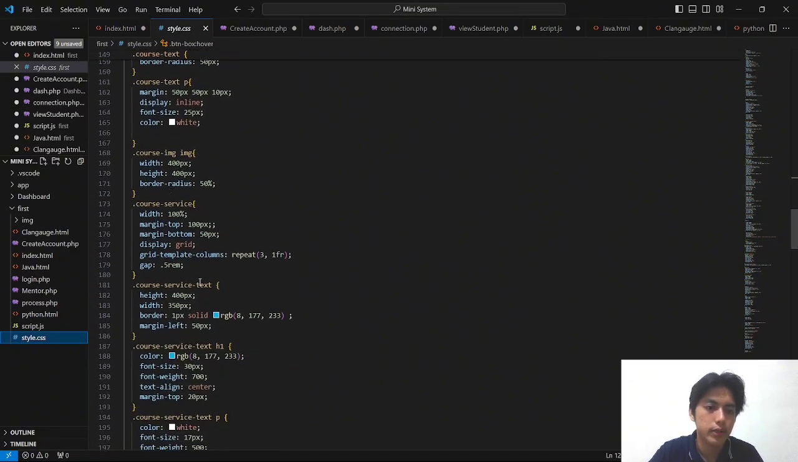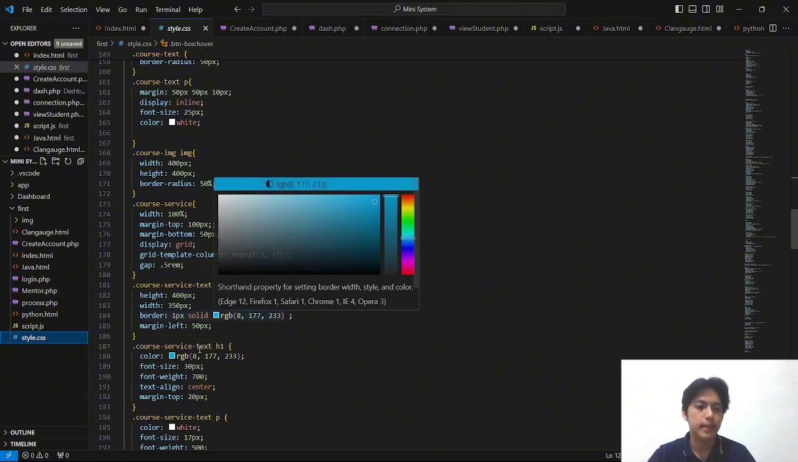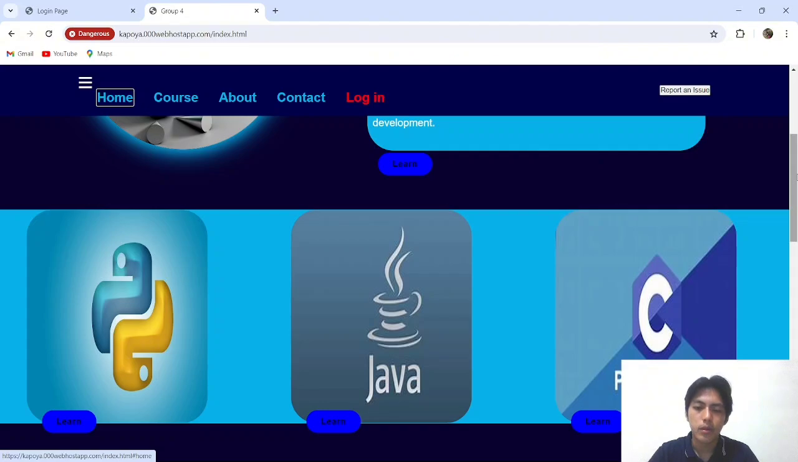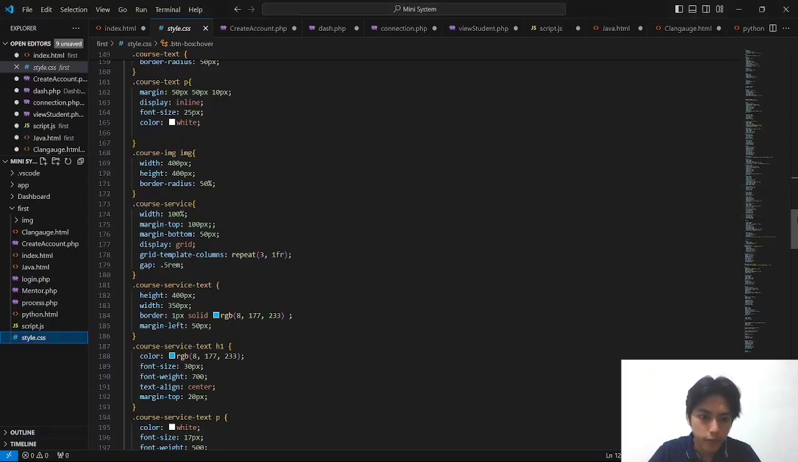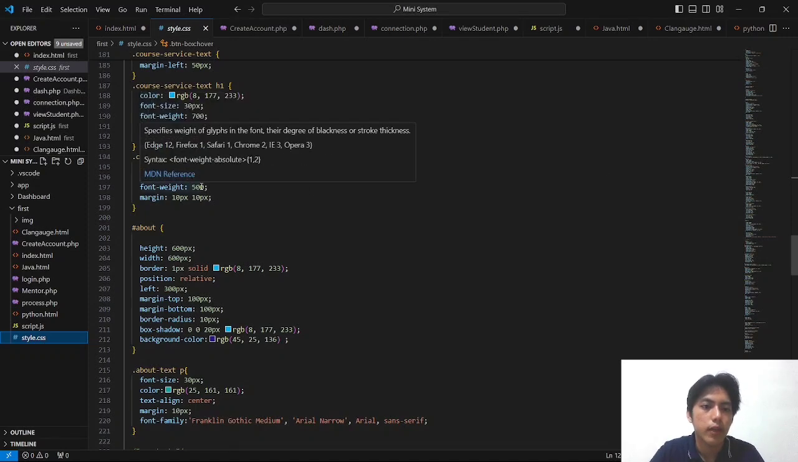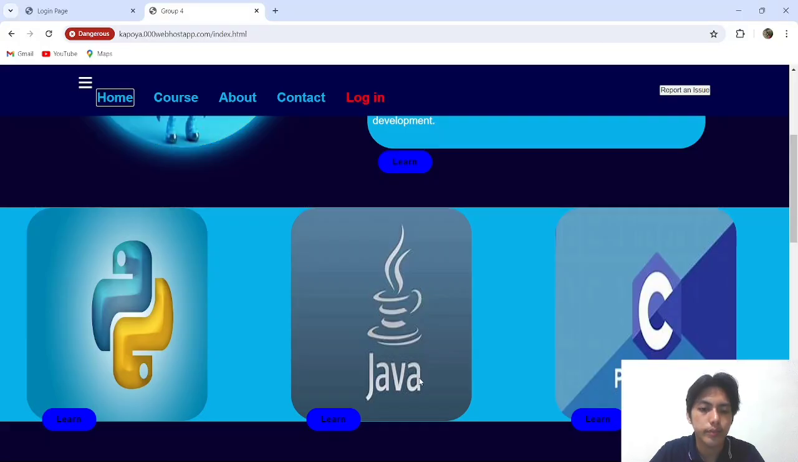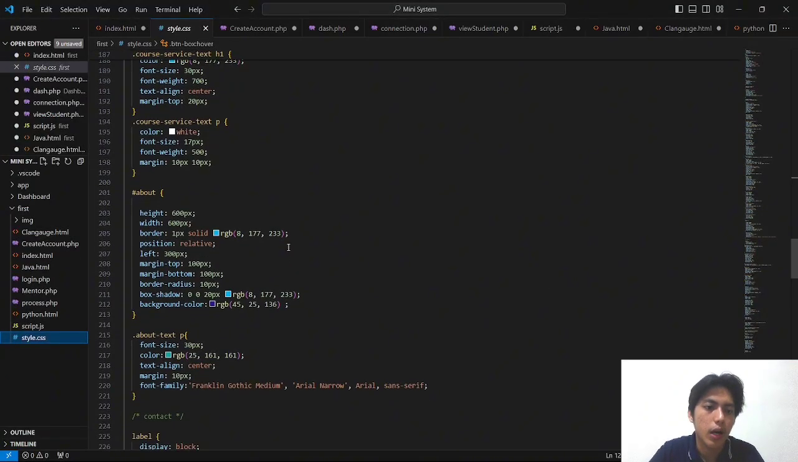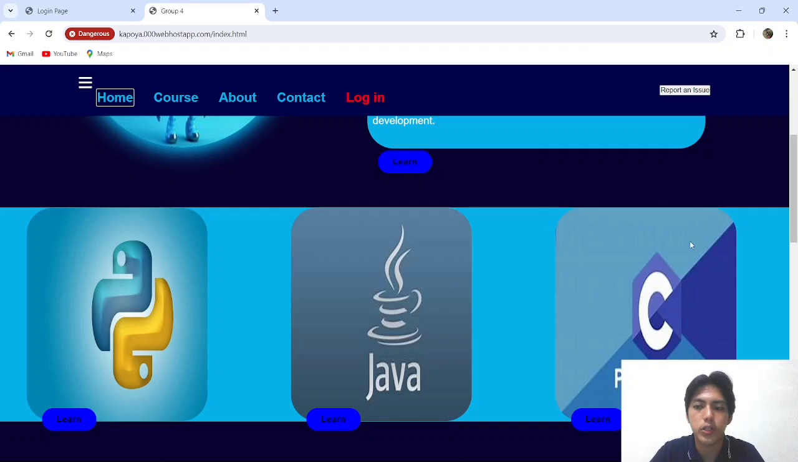the course service text, the course service text H1, which is stored inside here, the content for more information on the courses. So moving on, it has a text paragraph with a color white, font size, font weight, and margin. So here we have the about, which is the